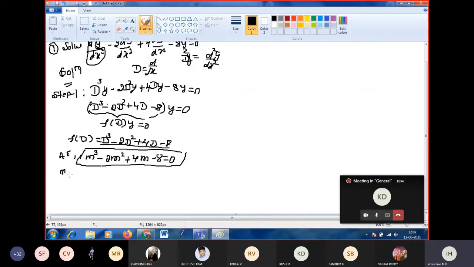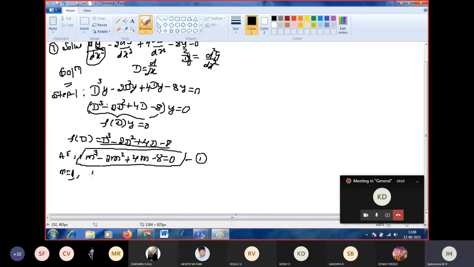First you substitute m equal to 1 in this equation. I am taking this as equation 1. Trial and error method I am using to find one root. A root is nothing but a solution. If you substitute this value in the equation, LHS equals RHS, that value should satisfy the equation. So first I will find one root by trial and error. I will go on substituting, first 1. If you put m equal to 1, what will you get?